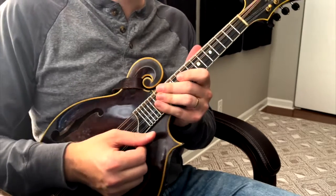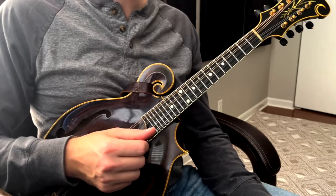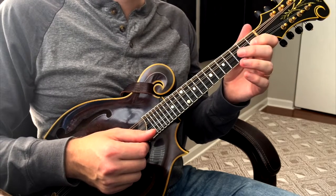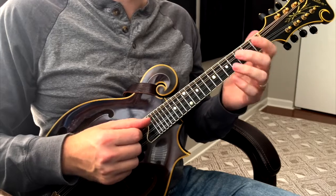Now, we didn't really talk about the natural minor sound. That one is definitely useful as well. So natural minor is where you're going to have the 6th note, so B flat, as flat, and then the 7th is going to be flat as well. So that's a C natural. So if that scale is...